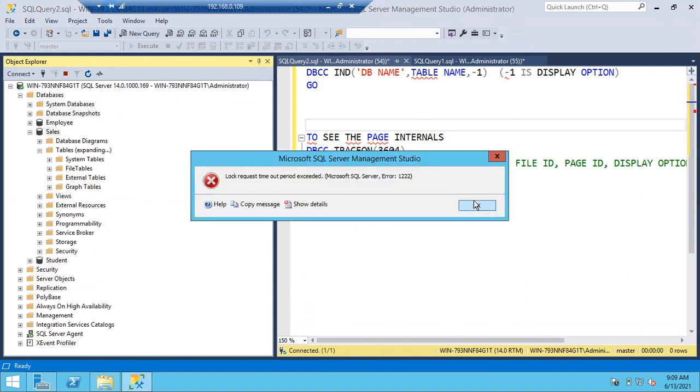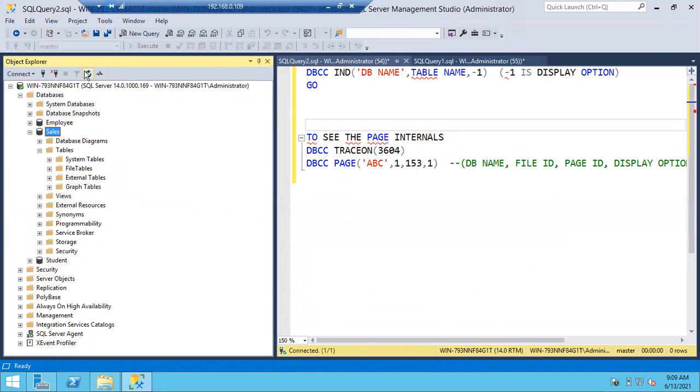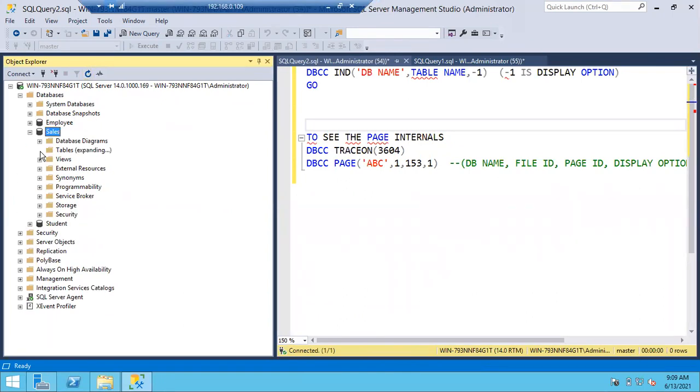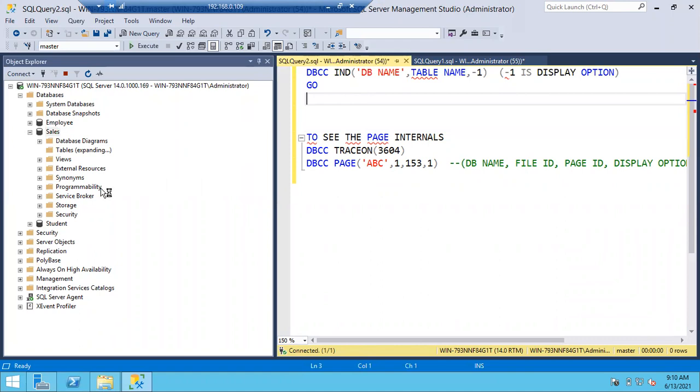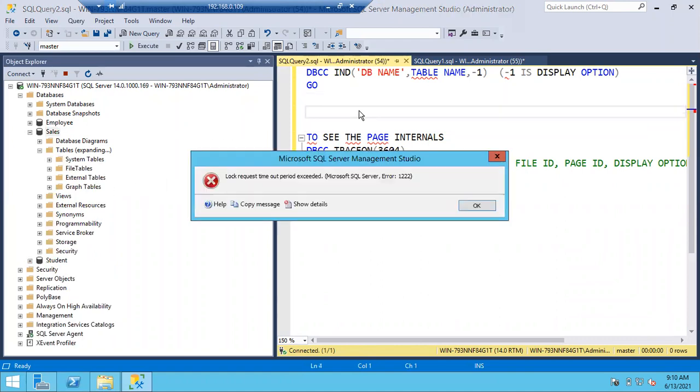What happened to this? Okay, let it be, no issues. We have one table in the Sales database. I'll check, because of some slowness it is throwing an error.